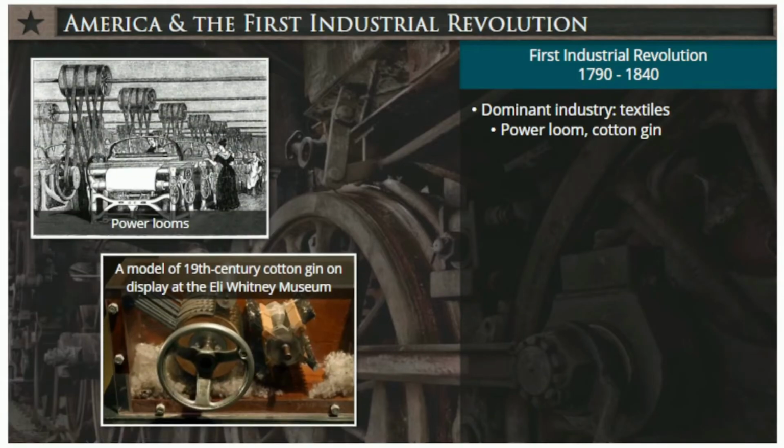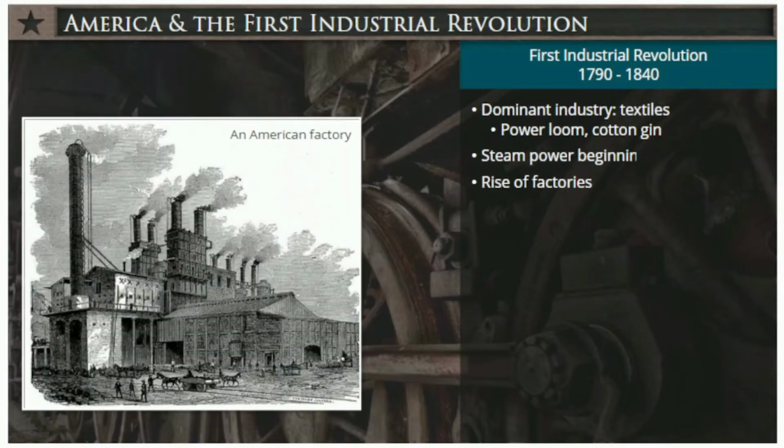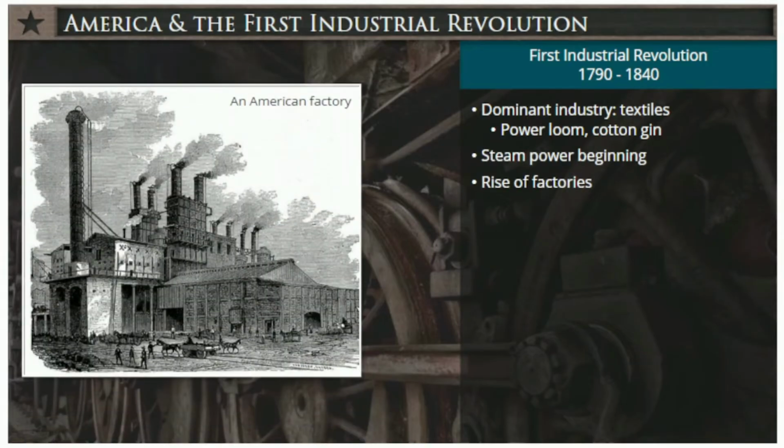New technologies like the power loom and cotton gin enabled workers to increase the production of cotton, allowing the textile industry to flourish. The modern mechanical cotton gin was invented in 1793 by an American, Eli Whitney. American factories were largely powered by water power during this era, with use of steam power still in its early stages. What is now called the factory system was developed during this time.